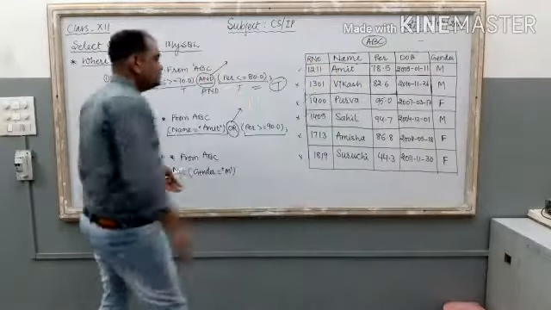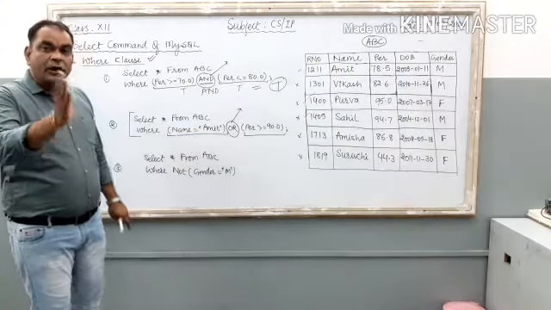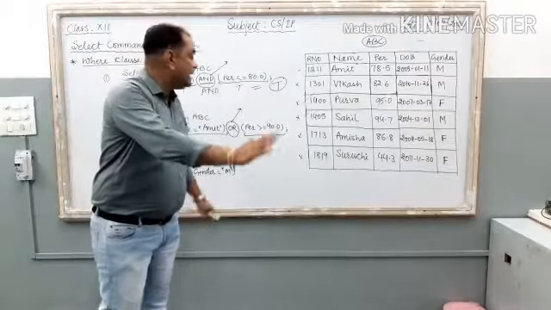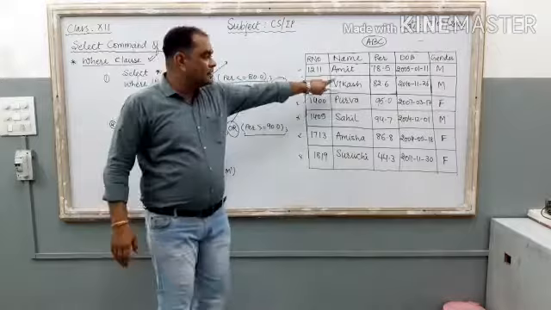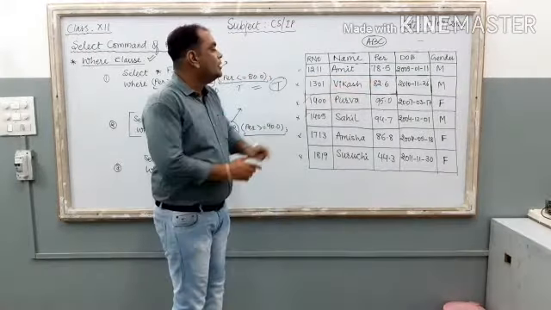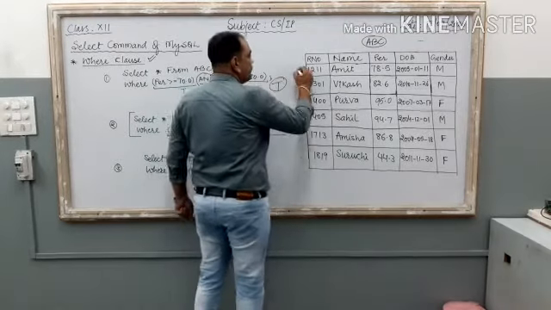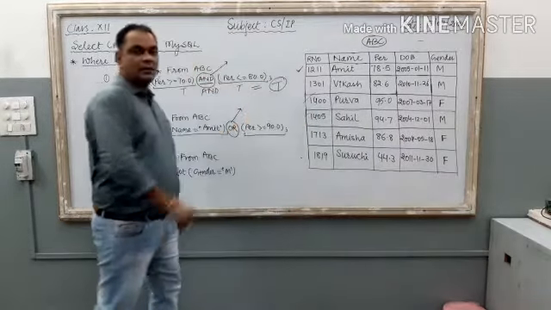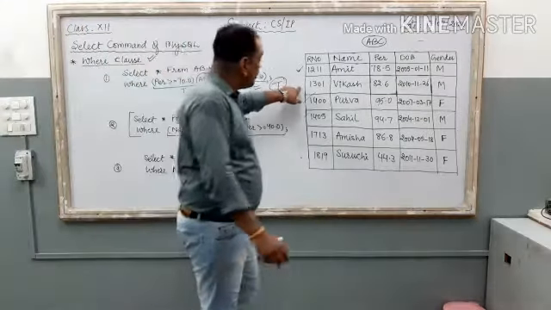Now check it out. Name equal to Amit, या तो नाम अमित हो या रिकॉर्ड्स की परसेंटेज 90 या उससे अबव हो. राइट? So first record, percentage is less than 90, right? But the name is Amit, so the first record will be there on the monitor. It is selected, right?